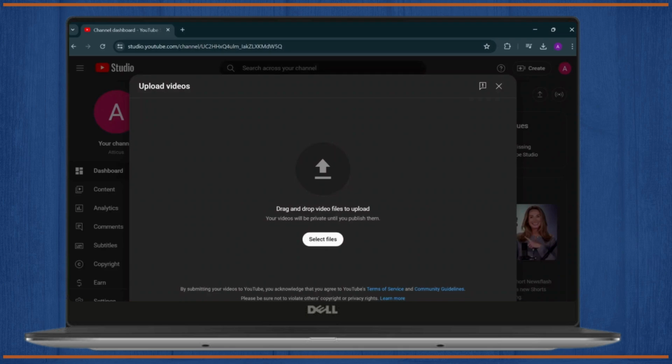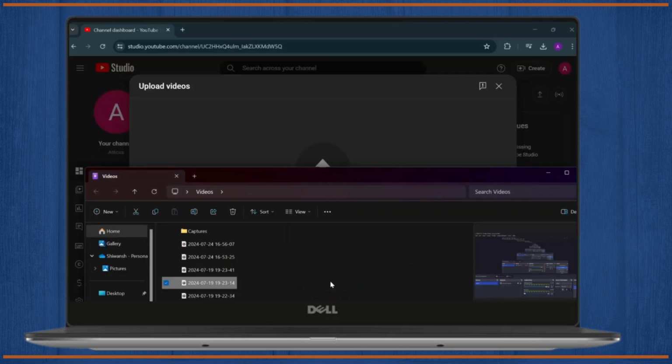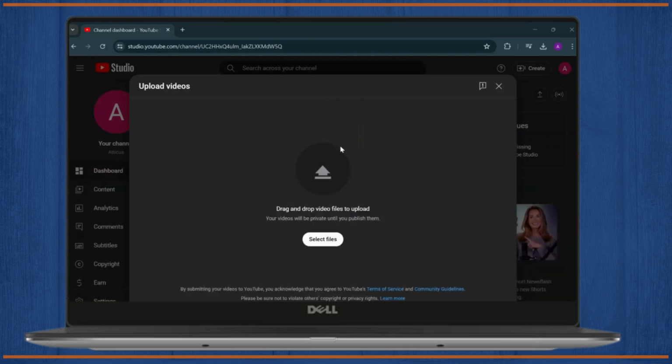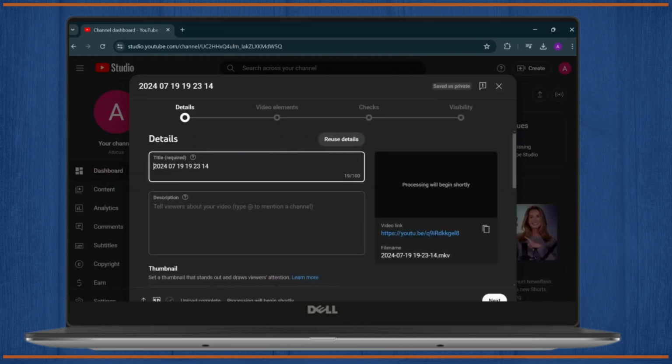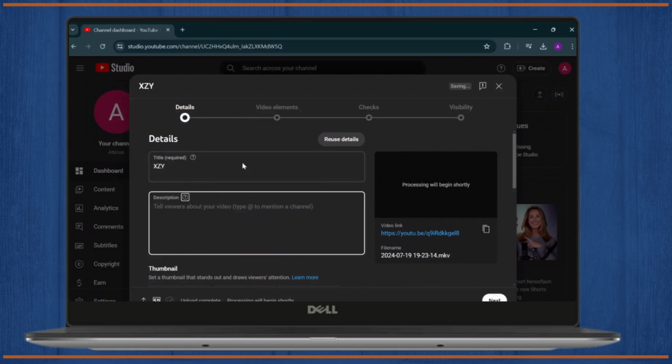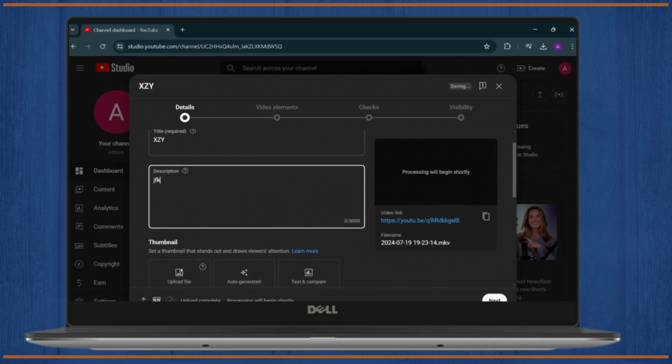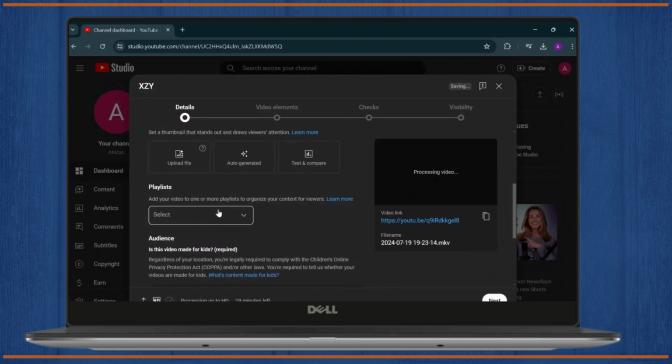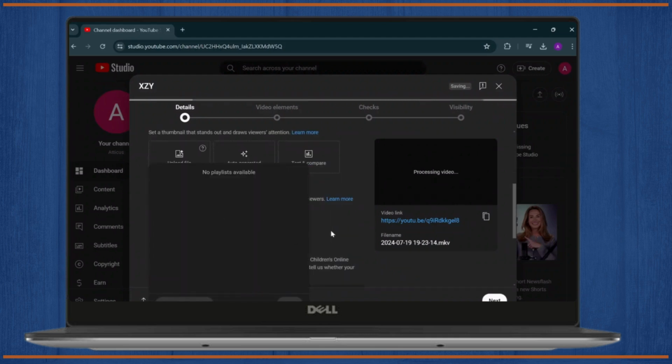Now you can select any file that you want to upload. Just select a video. After you've selected a video, just rename the video. Let me just randomly name this video and then put a description on it. Now you can type whatever you want, even hashtags, and then put on any playlist, if it's on any, you